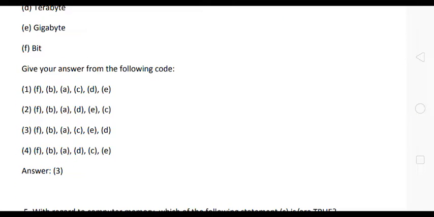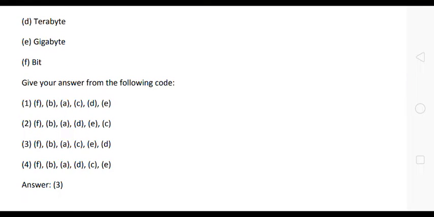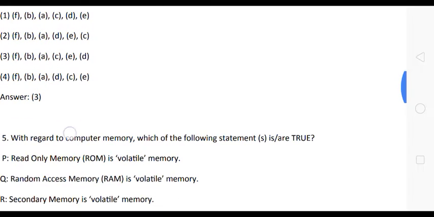Here the correct answer is option 3, F, B, A, C, E, D. Option 3 is the correct answer. Here F is bit and B is byte, A is kilobyte, C is megabyte, E is gigabyte and D is terabyte. Okay friends, the correct answer is option 3. The next question is,